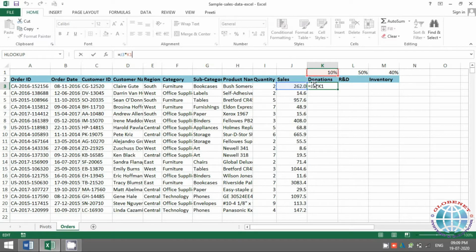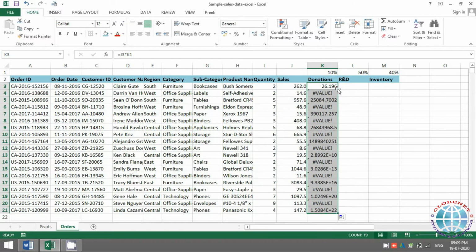Two cells above it. So if I drag my formula down, the pattern remains the same, which means I'll not get proper values. It is going to give me some garbage value. Now let's understand what is happening here.